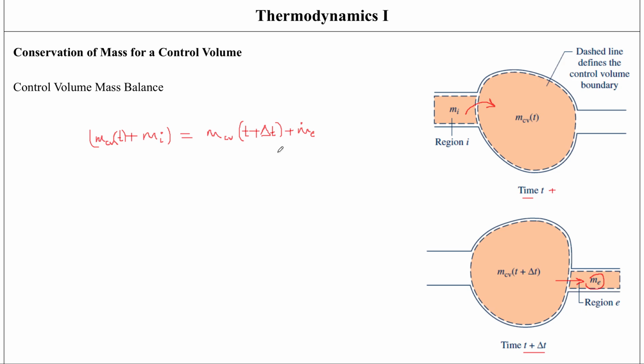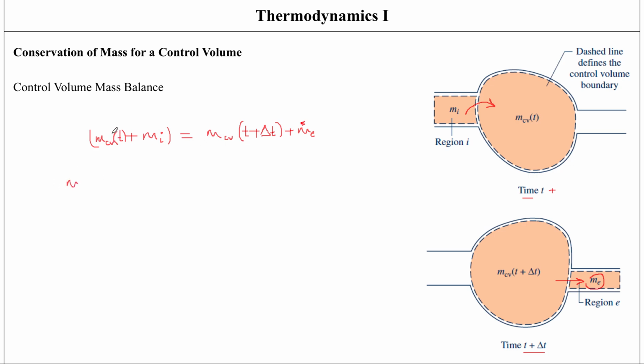So the total amount of mass is going to remain constant, but that doesn't mean that m subscript i is going to be equal to m subscript e. Or I could rearrange this and write it in terms of